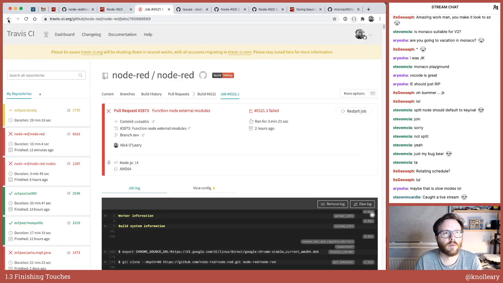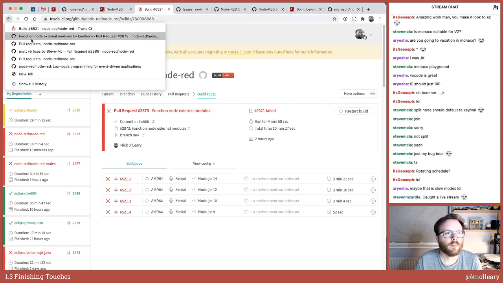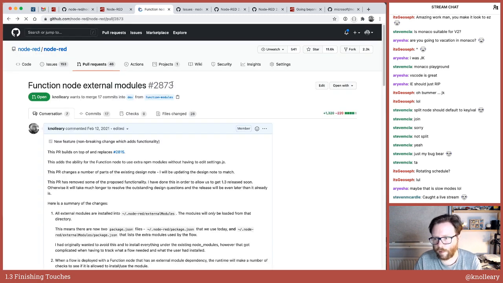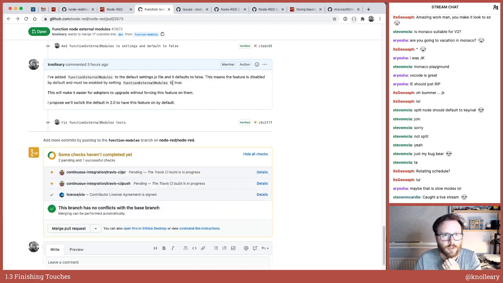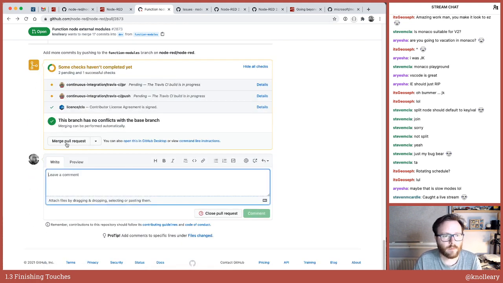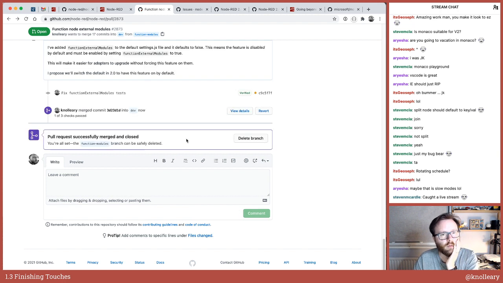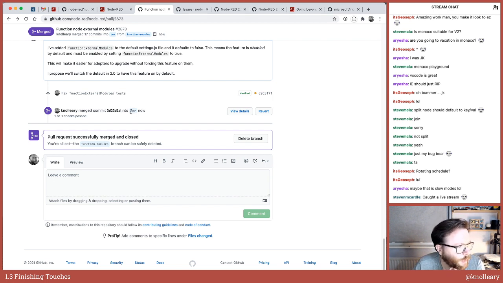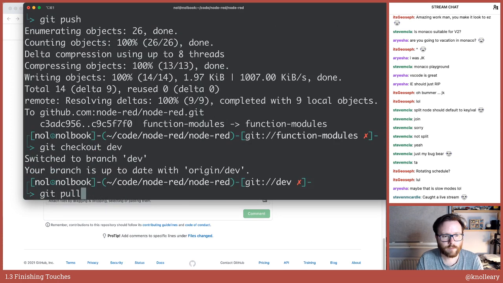And what I'm going to do, so I'm going to be running the unit tests a lot over the next couple of days just to sanity check a lot of things. I'm now going to merge this in. Because I just had that moment of panic of I didn't double check what branch we were merging into, but no, it's merged into dev, which is the right thing to do. And I'm going to delete the branch because we're done with it. So go back to dev, git pull,